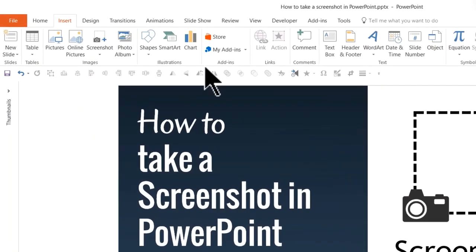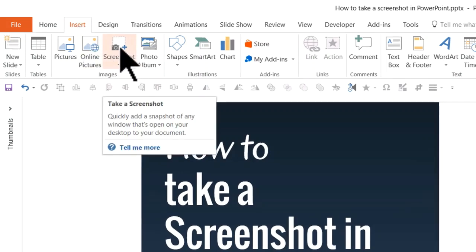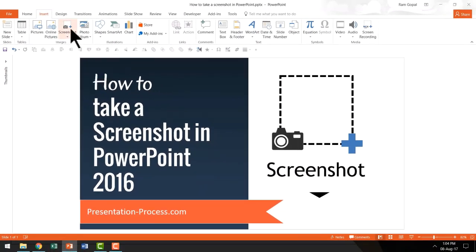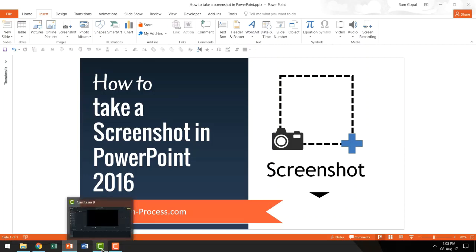The first thing you need to do is to go to the Insert tab in the PowerPoint ribbon and you get this option called Screenshot. Realize that this option is available for you to showcase any other window that is open apart from the current window of PowerPoint that you are on. That is, whether you have a folder to show, or you want to show some website, or you have some other program to showcase, you can do so. But you cannot use the screenshot tool to showcase this particular screen. For that, you need to use the print screen option.